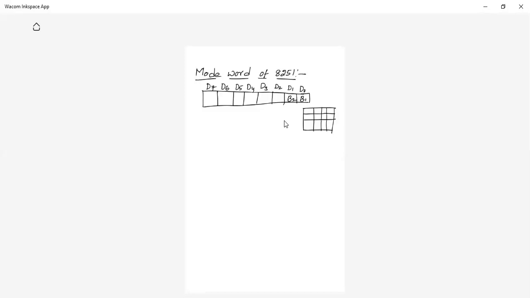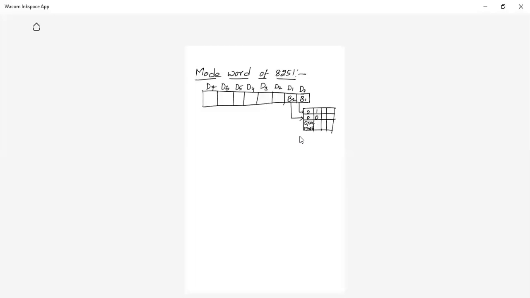You just see how the baud rate will be 0, 0. This is B1, this is B2. If 0, 0 means sync mode, synchronous mode. In synchronous mode, D0, D1 both are 0, 0. For example, when you take asynchronous mode, B1, B2 are different. That is, we can use different baud rates.